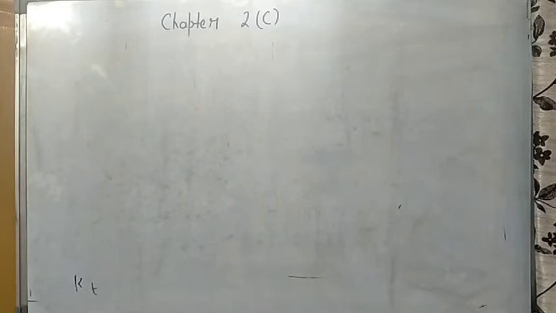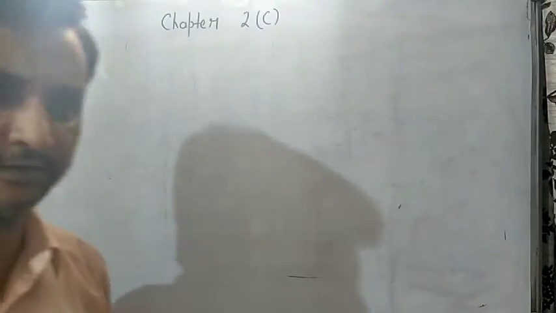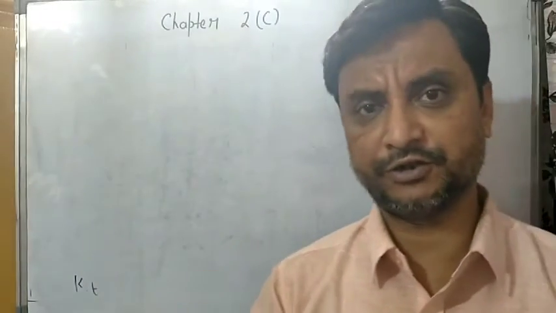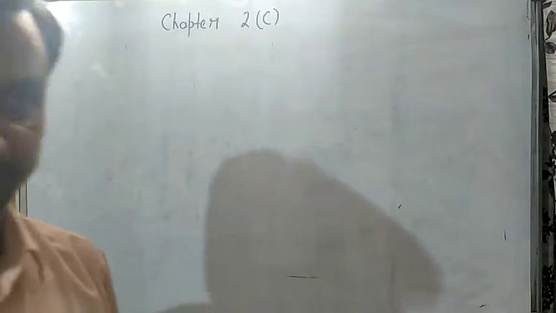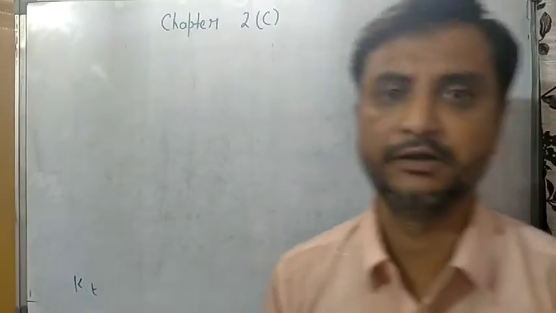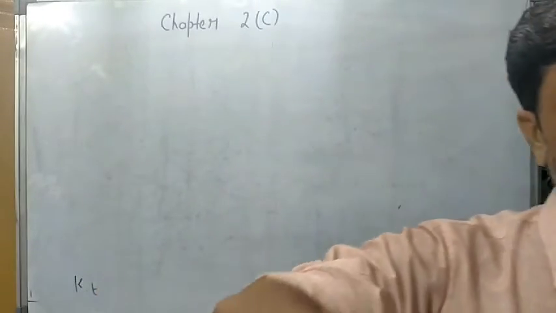This chapter is dedicated to three equations of motion. What do you mean by it? These are the equations which govern how a body moves under the effect of constant acceleration. These equations are derived by a simple graphical calculation that is known as the velocity versus time curve. Remember, these equations govern how the velocity changes with time.